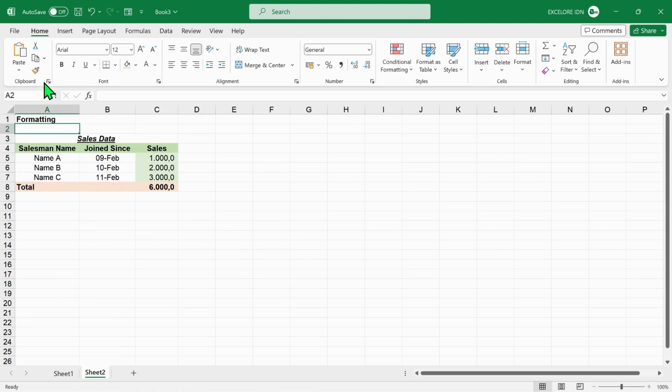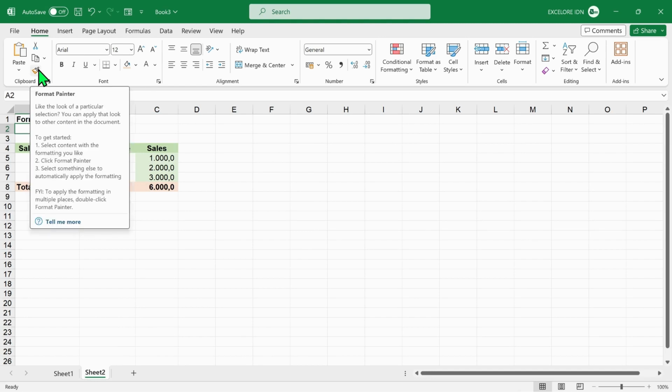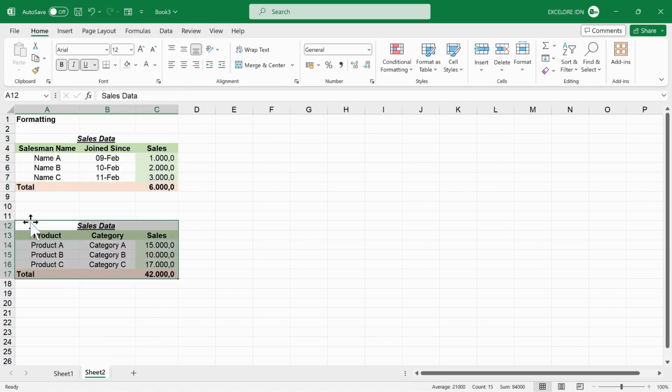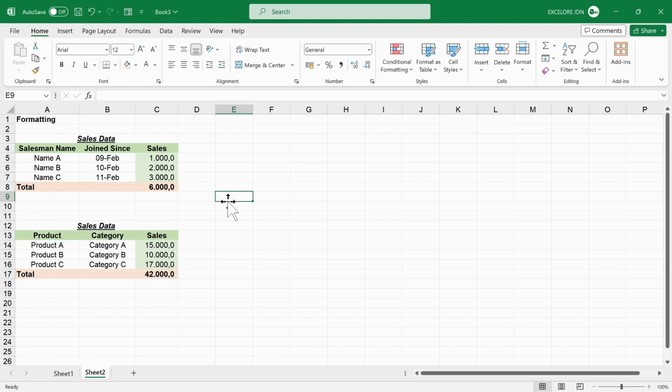Lastly, I want to demonstrate the Format Painter, which is useful for quickly copying the format of a cell or data range and applying it to other cell or data range without changing the data contents. This is other data range with different contents. We'll select the above range, click on Format Painter, and then apply it to this range. So, the format changed without changing the contents.